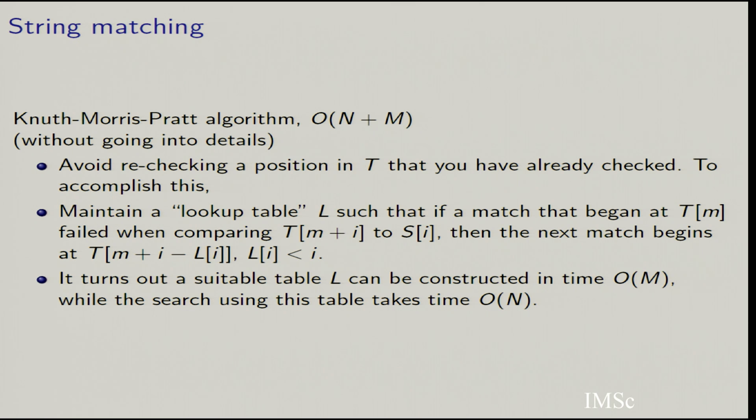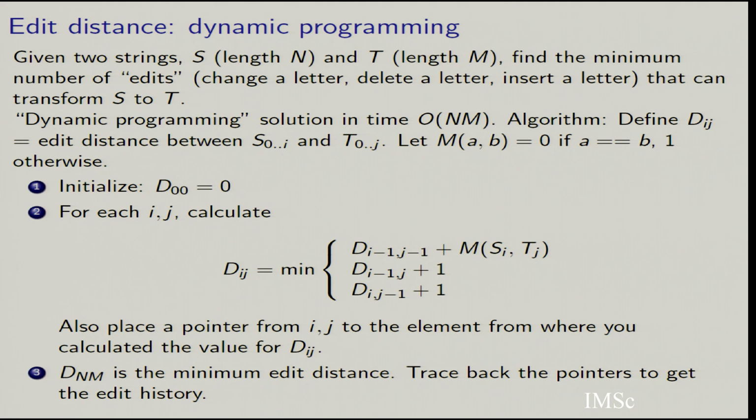My last example for today is something called edit distance. So this is again a computer science problem, but it has analogies to biology problems. So the computer science version is: given two strings, s which is of length n and t which is of length m, find the minimum number of edits that will change s into t. That is, you could change one letter into another, you could delete a letter from one string, or you could insert a letter into one string, and this is kind of a distance metric between two strings,